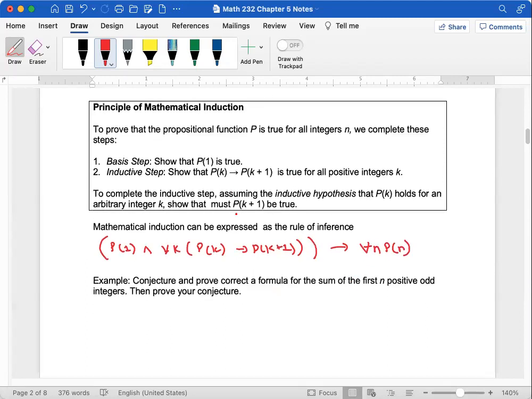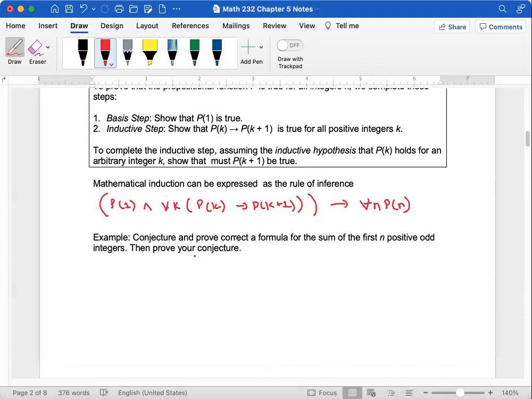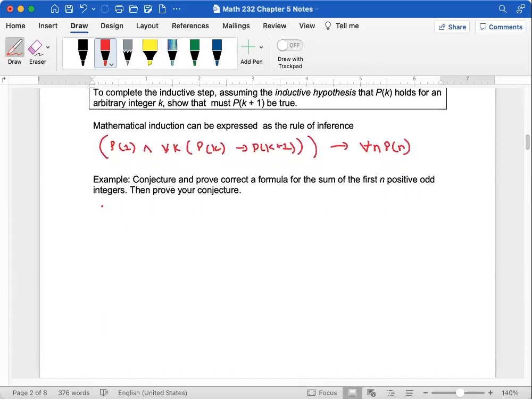Okay, let's look at an example. It's a little bit different. Conjecture and prove a correct formula for the sum of the first n positive odd integers, and then prove your conjecture. So we're adding n odd integers, so the odd ones. All right, so I'm going to start the same place. I'm going to create a P of n, and this time P of n is the sum of